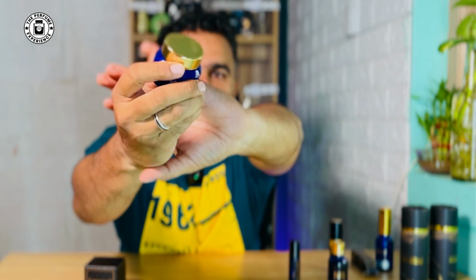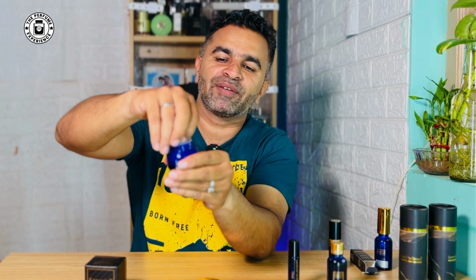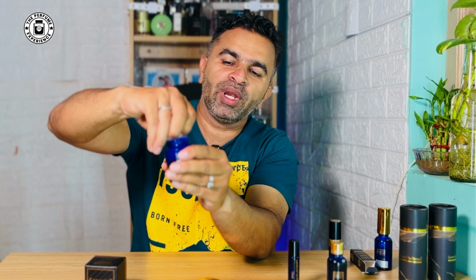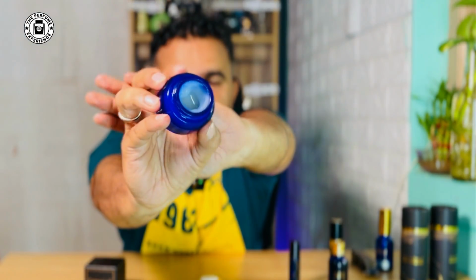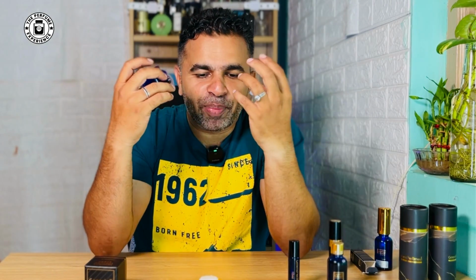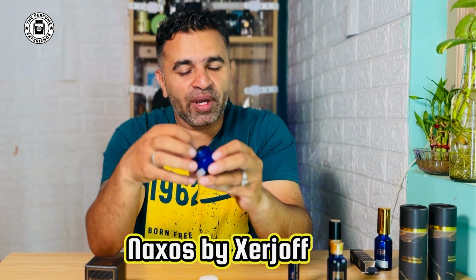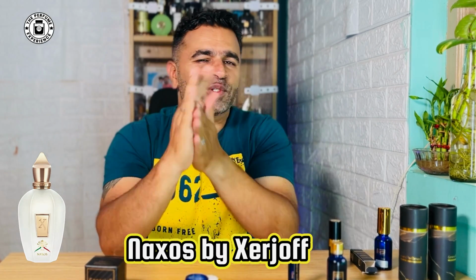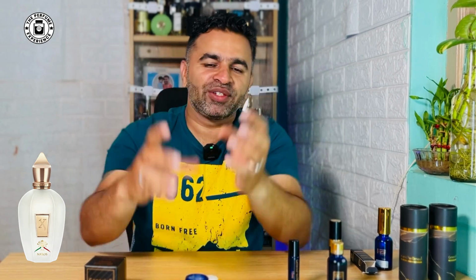Just look at the bottle and all of it, and when you open it up, it's got a small plastic flap for you to open up, and then you are basically presented with a jelly that kind of looks like this. Now this is the oil which is there inside. This is Naxos. Okay, now this is just too good in my opinion, because this feels so rich and so